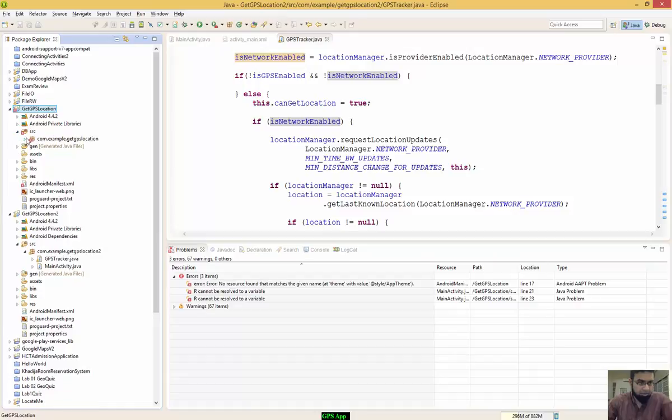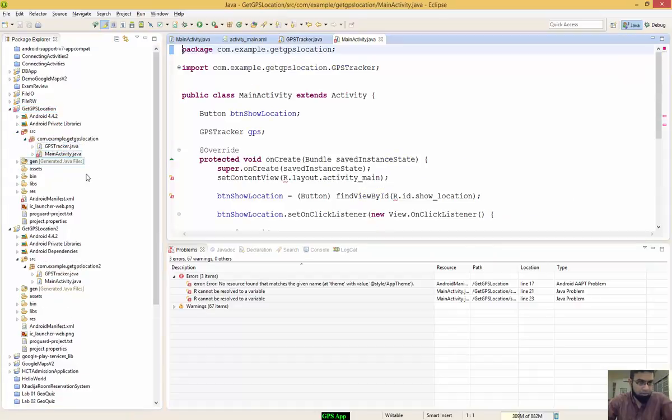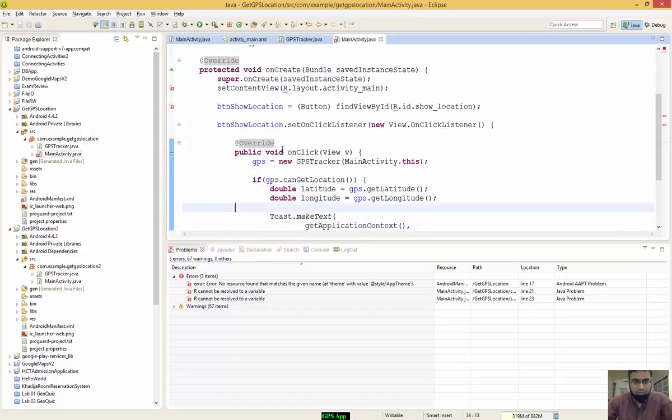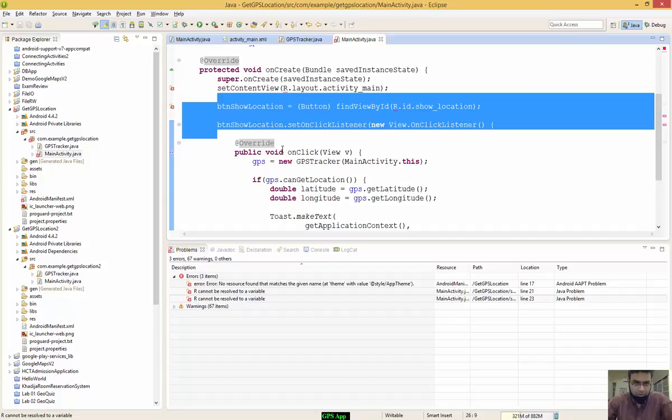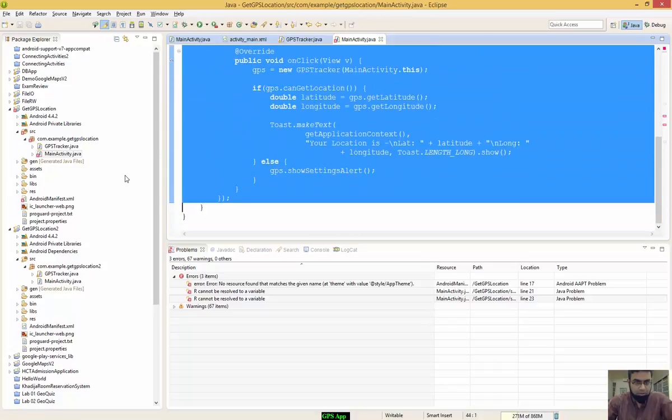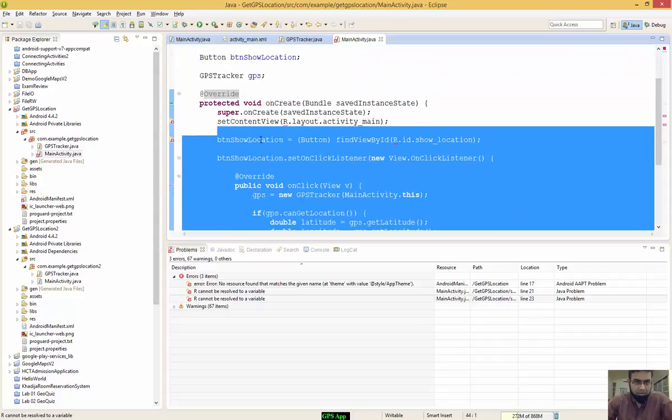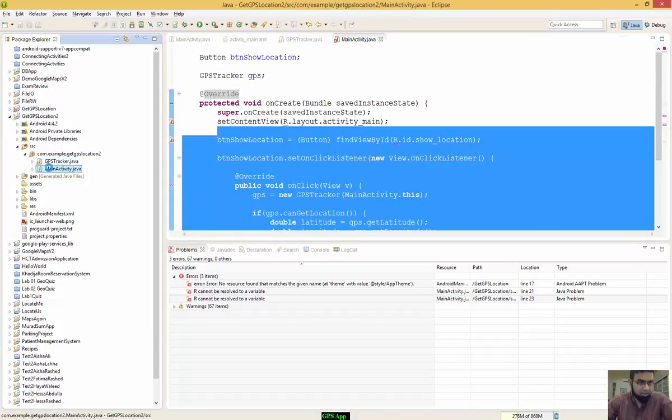And I believe I've shared the code of this with most of my students. I've been messing with the theme over here, so it's giving me some errors, but overall it's working fine. I'm going to show this to you also, as I showed you in the class. These two lines, and actually the whole list. Now let's just copy from here. Basically it's just a reference we are creating for the button show location, and I'll paste this in the main